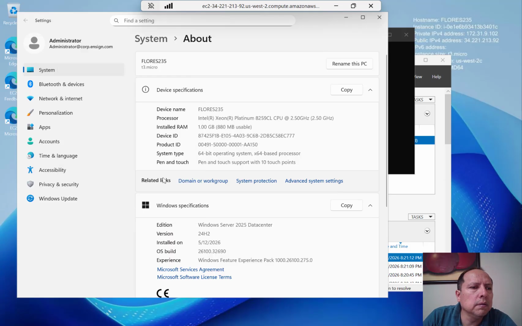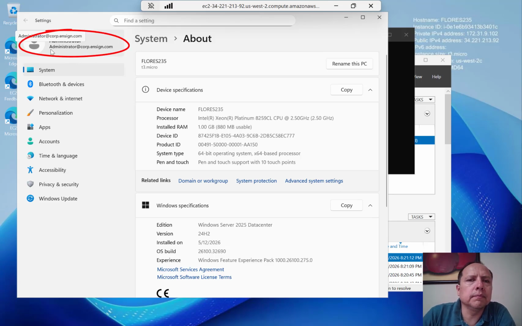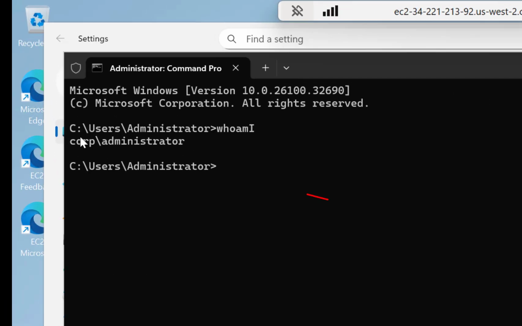And here's the user domain admin for the domain. And here is also